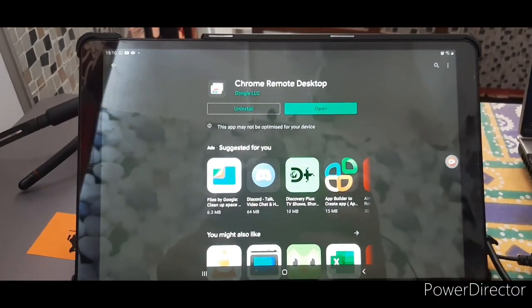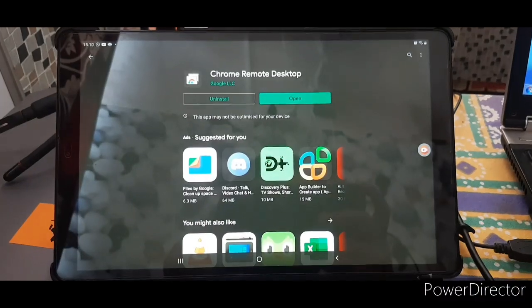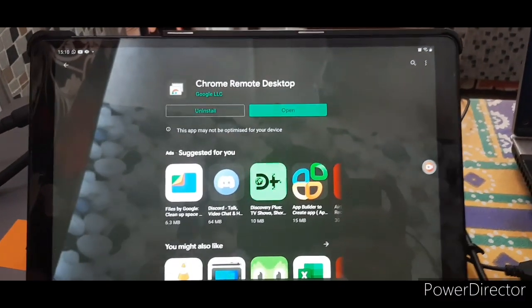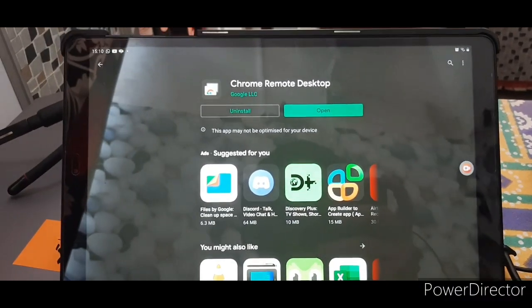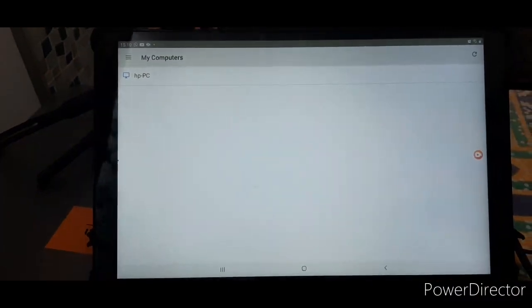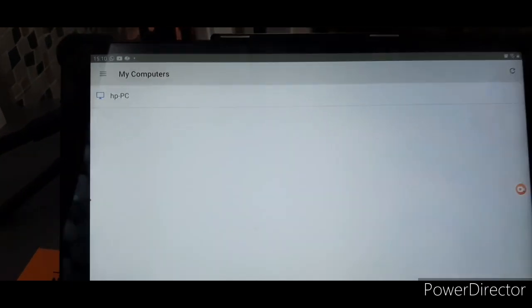You can see here I have a Samsung tablet, and I just downloaded this application, Chrome Remote Desktop. You need to download this application and open it. Once you open it, it will automatically detect your system.